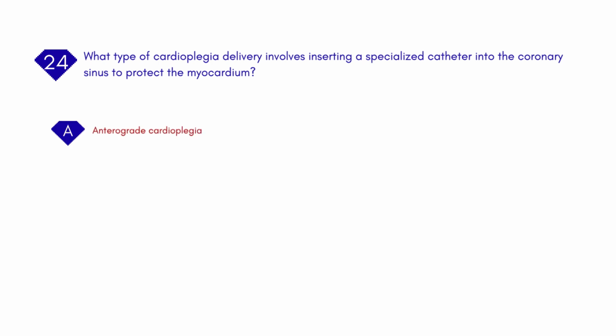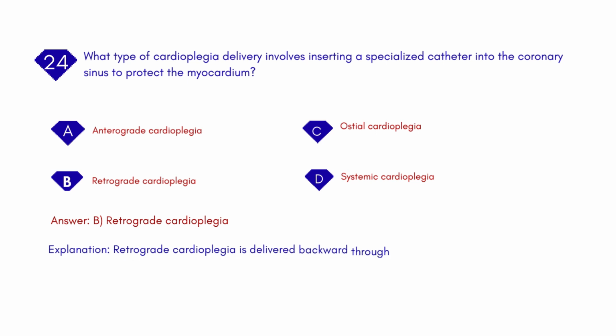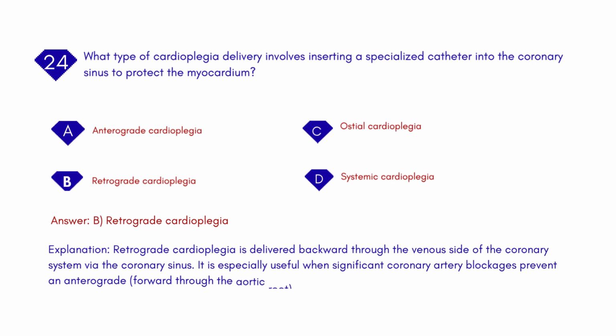What type of cardioplegia delivery involves inserting a specialized catheter into the coronary sinus to protect the myocardium? A. Anterograde cardioplegia. B. Retrograde cardioplegia. C. Ostial cardioplegia. D. Systemic cardioplegia. Answer: B. Retrograde cardioplegia. Explanation: retrograde cardioplegia is delivered backward through the venous side of the coronary system via the